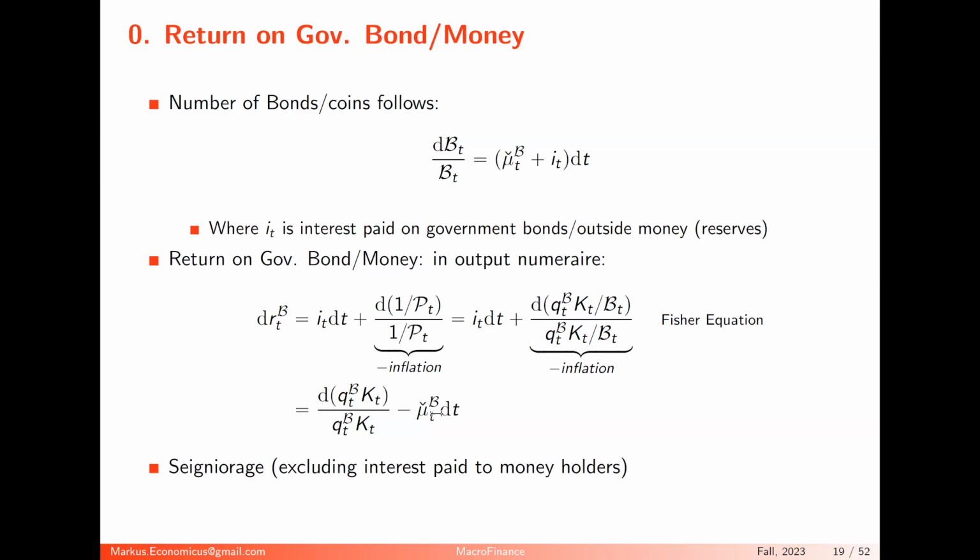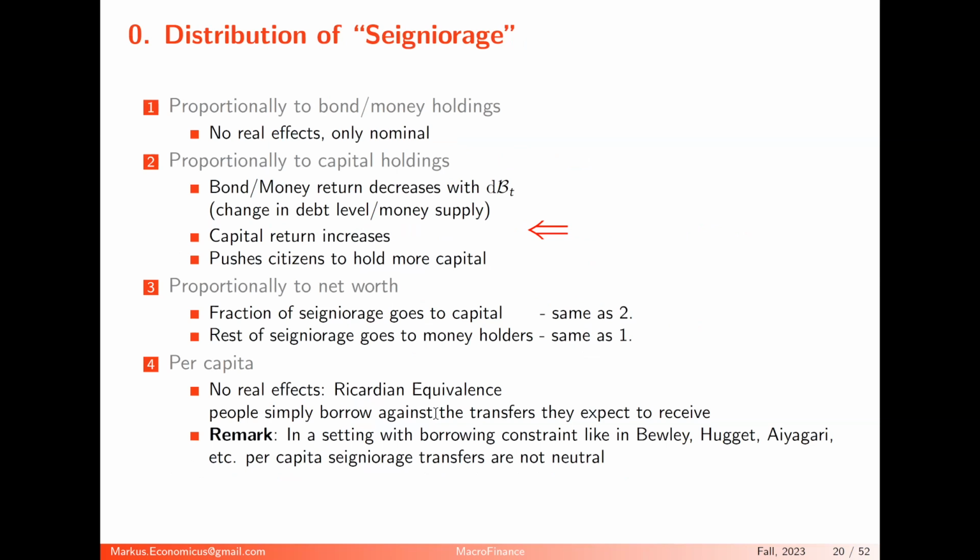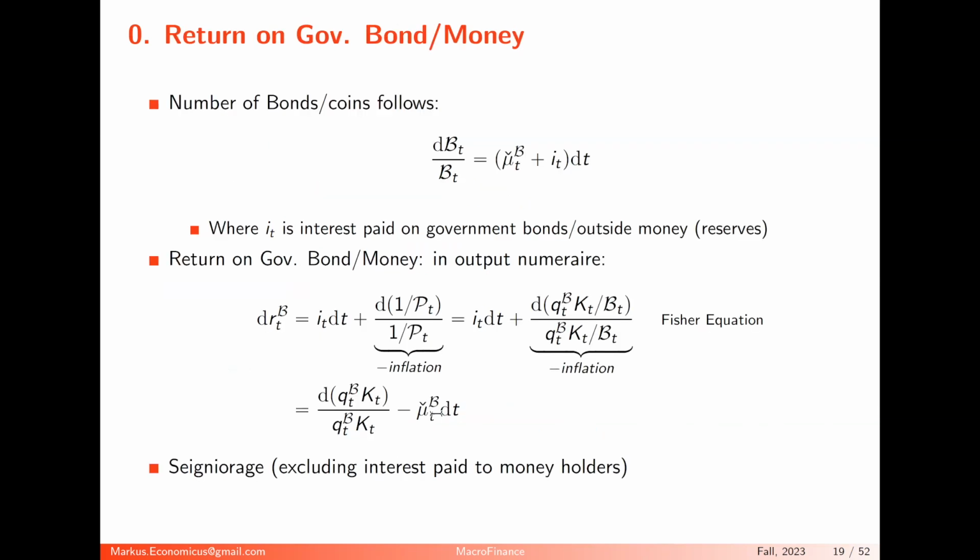So in a sense, if I issue more bonds in order to pay interest to the bondholders, the bondholders are fine because I just pay interest to them. But if I issue bonds without paying interest to the bondholders, I dilute their bond holdings, the real value of their bond holdings. Now, so I generate some seigniorage. If you issue bonds and dilute them, then I generate the seigniorage. Who is getting the seigniorage? And how the seigniorage is paid out matters a big time.